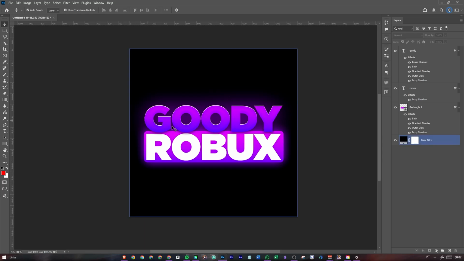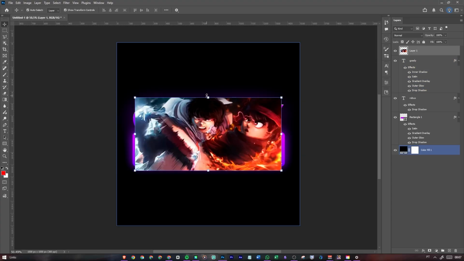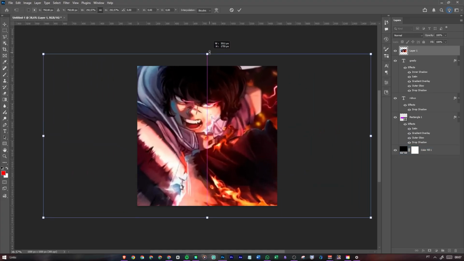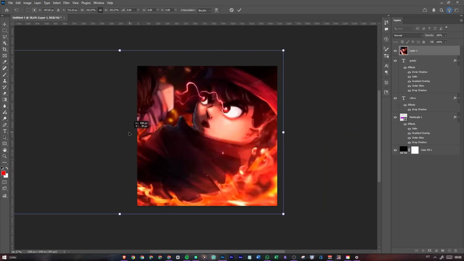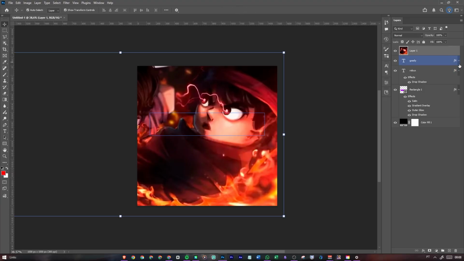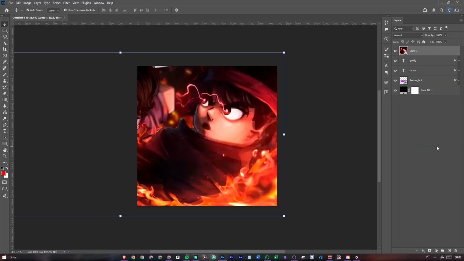Go to your Photoshop and paste here. Press Ctrl V, paste here. Increase the size with the left button and make this nice. So good. Click this button, click the right button and convert to smart object. Select this option, two clicks here, add the name